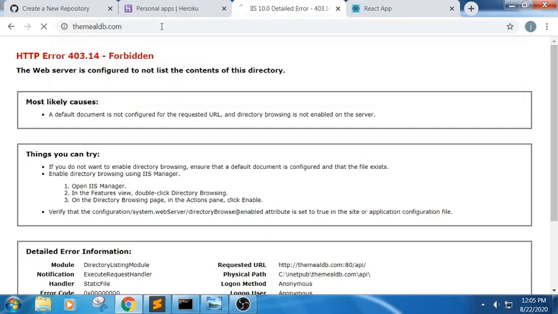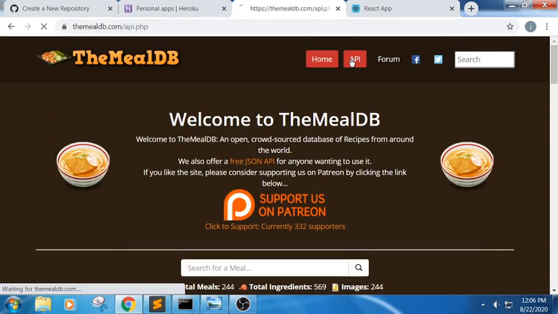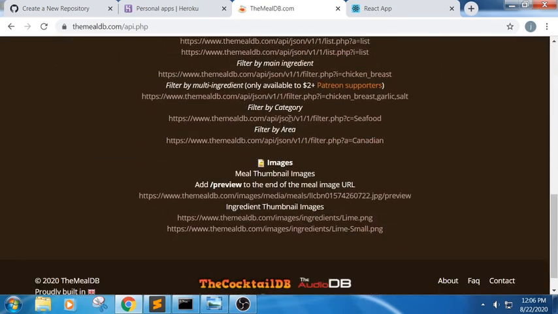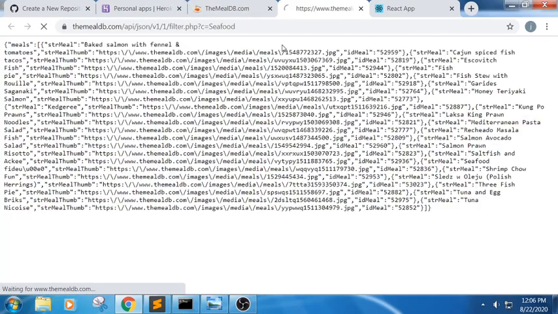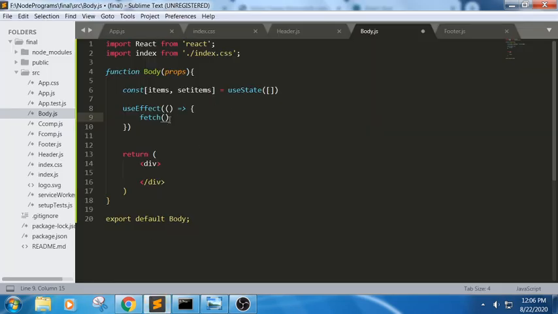Sorry, I will be trying to use an API here. You can just go to this website, and I am copying this. This is my API here. I will place it in between this. I am using a seafood API here.